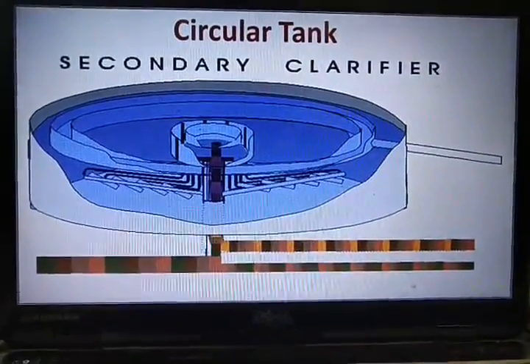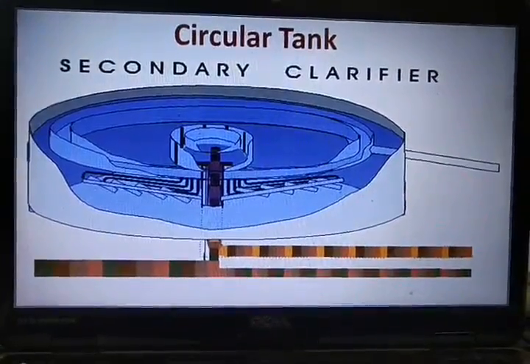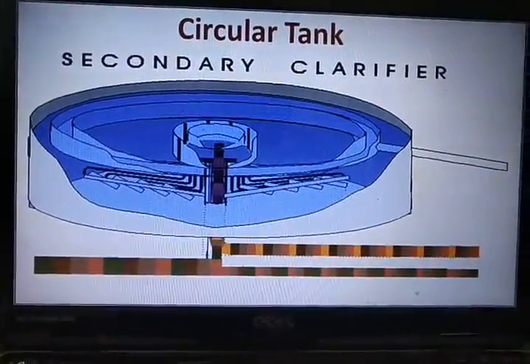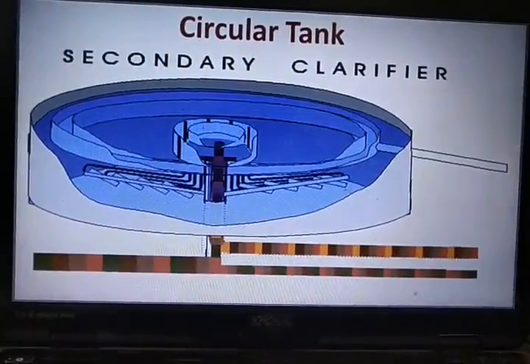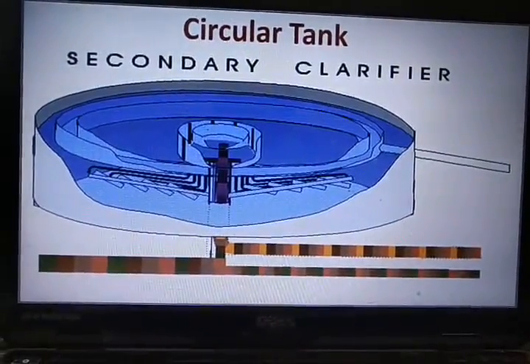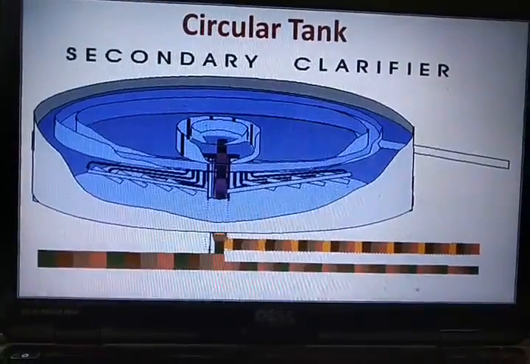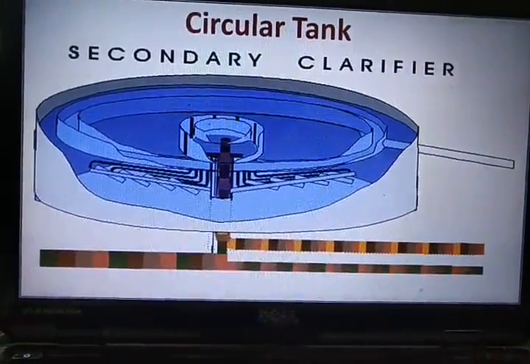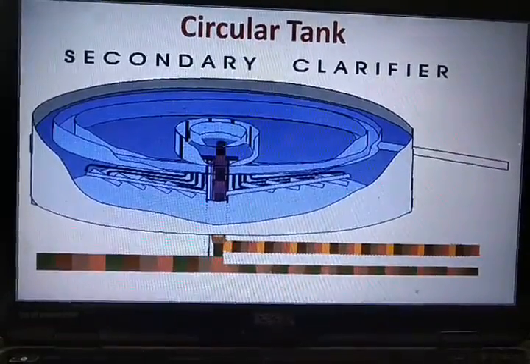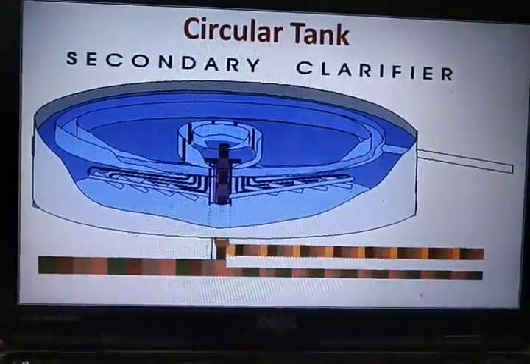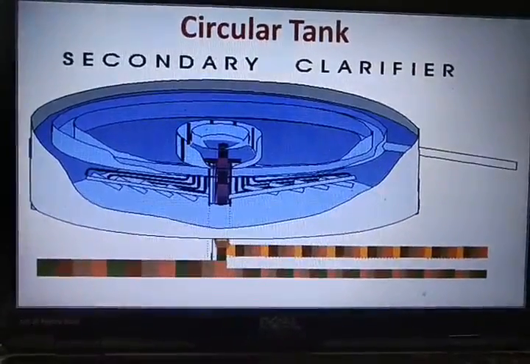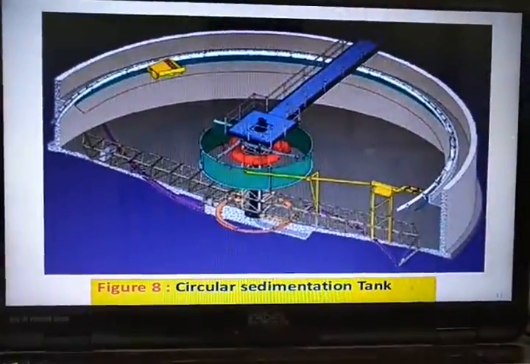Like I told you, based on the location it can be classified as primary and secondary sedimentation tank. So these are typically used in the treatment of wastewater to settle the biological sludge, okay. So this you will study in your next semester in the treatment of wastewater. But remember, if it is located before the sedimentation process, then it is called a primary sedimentation tank, and if it is located after the biological processes in the treatment of wastewater, then it is called a secondary clarifier, okay. It is also one of the types of sedimentation tank.